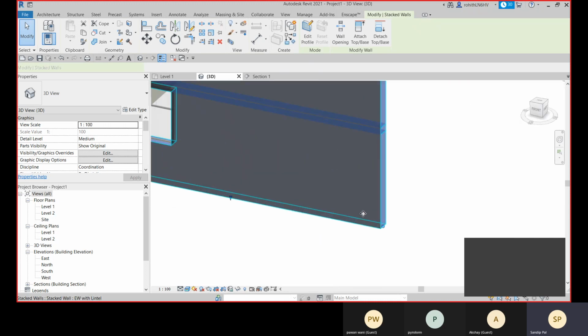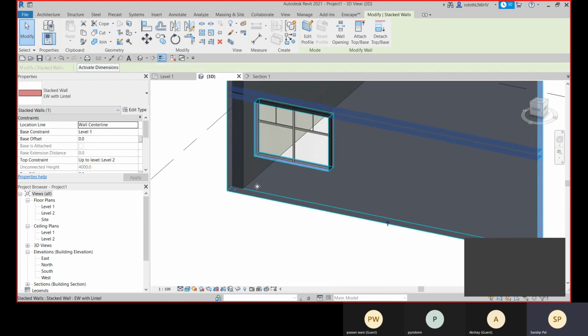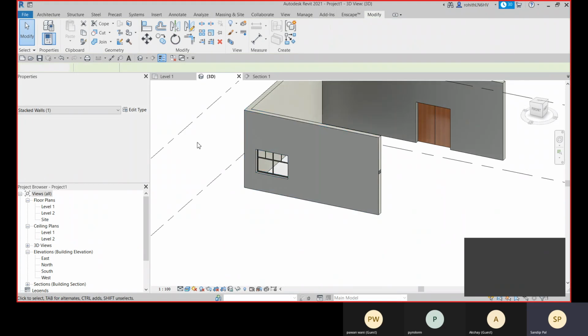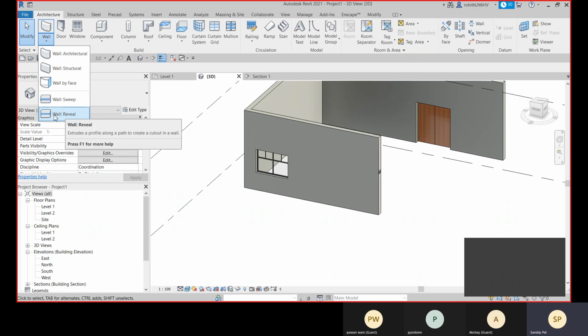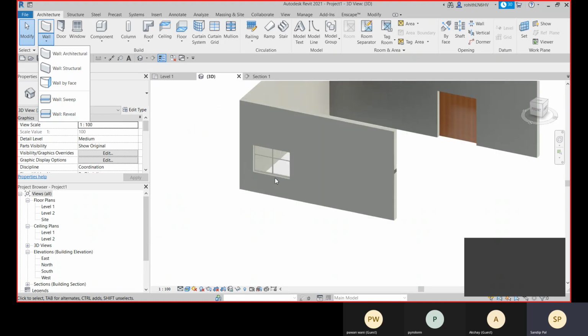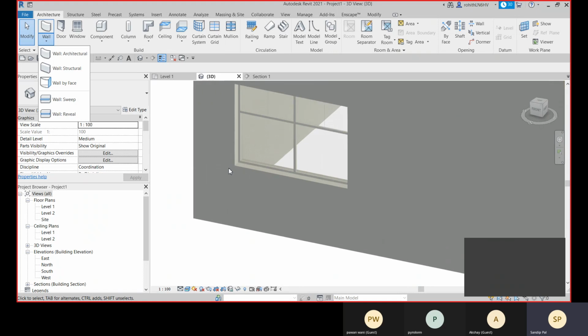Here I can add some walls. And we have some more options to add skirting. So in the next class, I will show you that with this wall sweep and wall reveal, we can add some pattern for these walls. We can use this reveal, with this wall sweep. We can add skirting. If you need to add some slab over there, you can add that with the wall sweep.